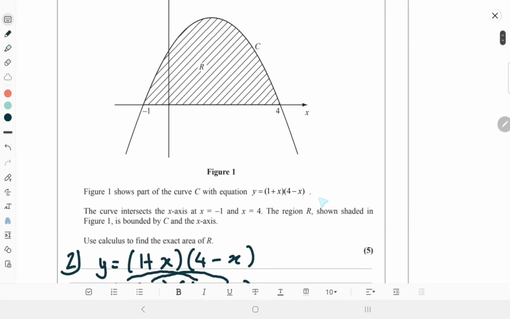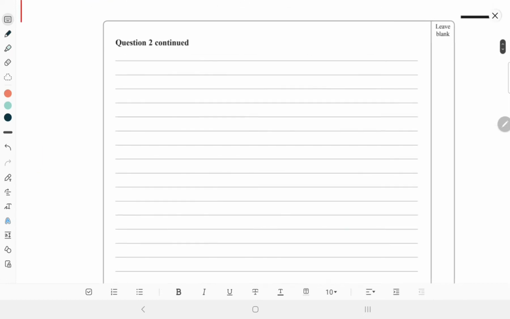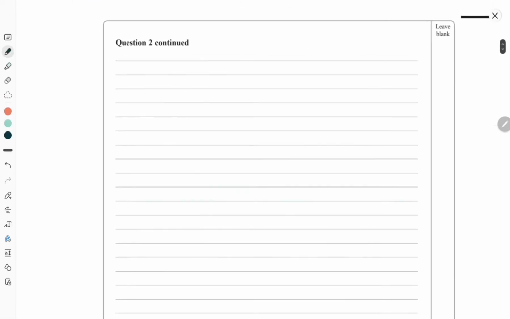So you would use the limits 4 and -1. The integral of y with the limits 4 and -1